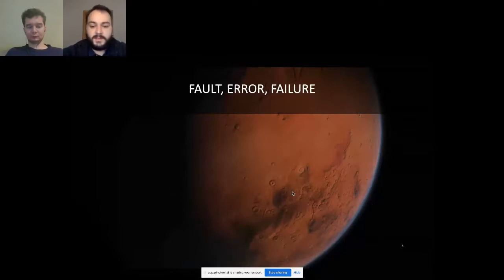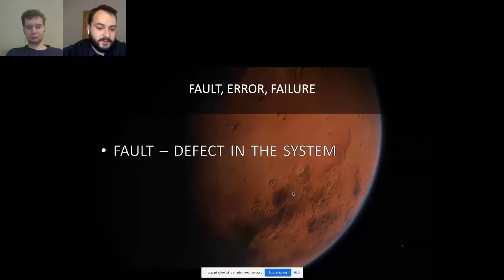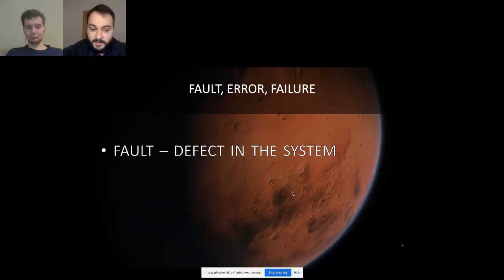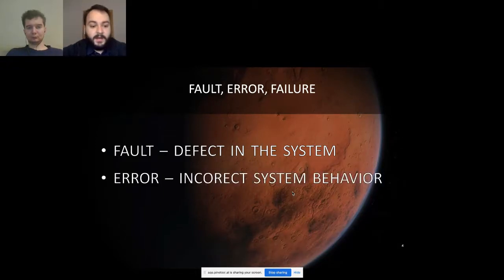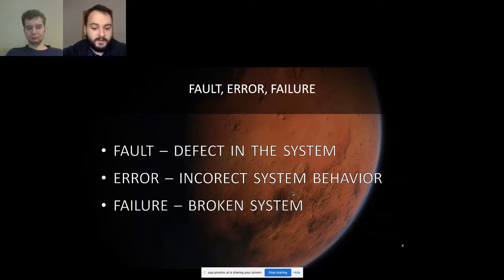Before we start talking about fault tolerance, I think we should start with such terms as fault, error, and failure to understand what they are. First of all, a fault is some defect in the system, a bug in the system. It may not appear yet, it's just there. For example, in the case of Mars Climate Orbiter, using different unit systems is a fault. A fault can cause an error. An error is some incorrect system behavior. The system might continue to work, but it's something that the user may notice. In the case of Mars Climate Orbiter, entering the atmosphere of Mars was a clear error, which led to failure. Failure is a broken system when nothing works.